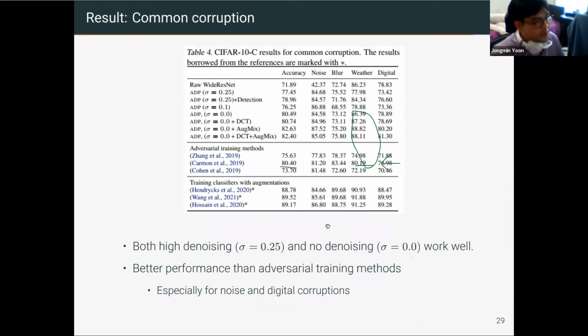And the final result is for the common corruption attacks. The first row is our ADP result, the second block is the result for the adversary training method, and the third block is the perceptual robustness work. Of course, the perceptual robustness work shows the best performance, but our adversary purification work